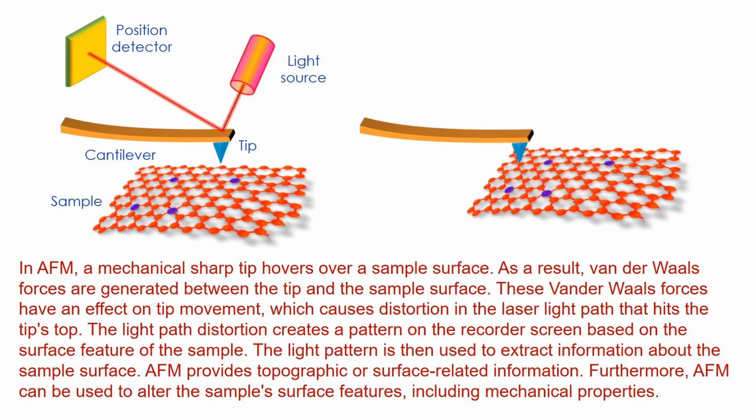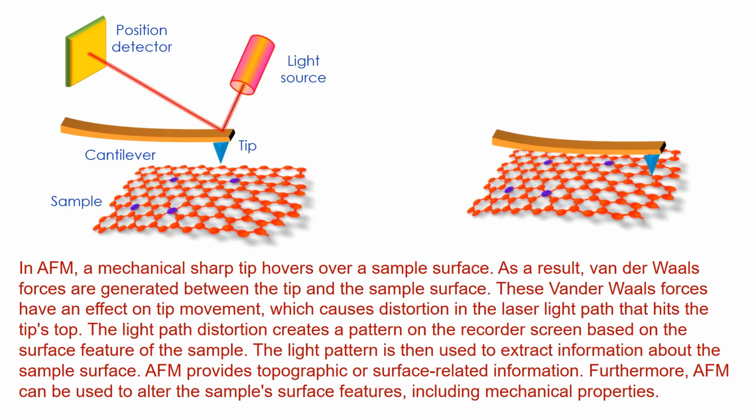In AFM, a mechanical sharp tip hovers over a sample surface. As a result, van der Waals forces are generated between the tip and the sample surface. These van der Waals forces have an effect on tip movement, which causes distortion in the laser light path that